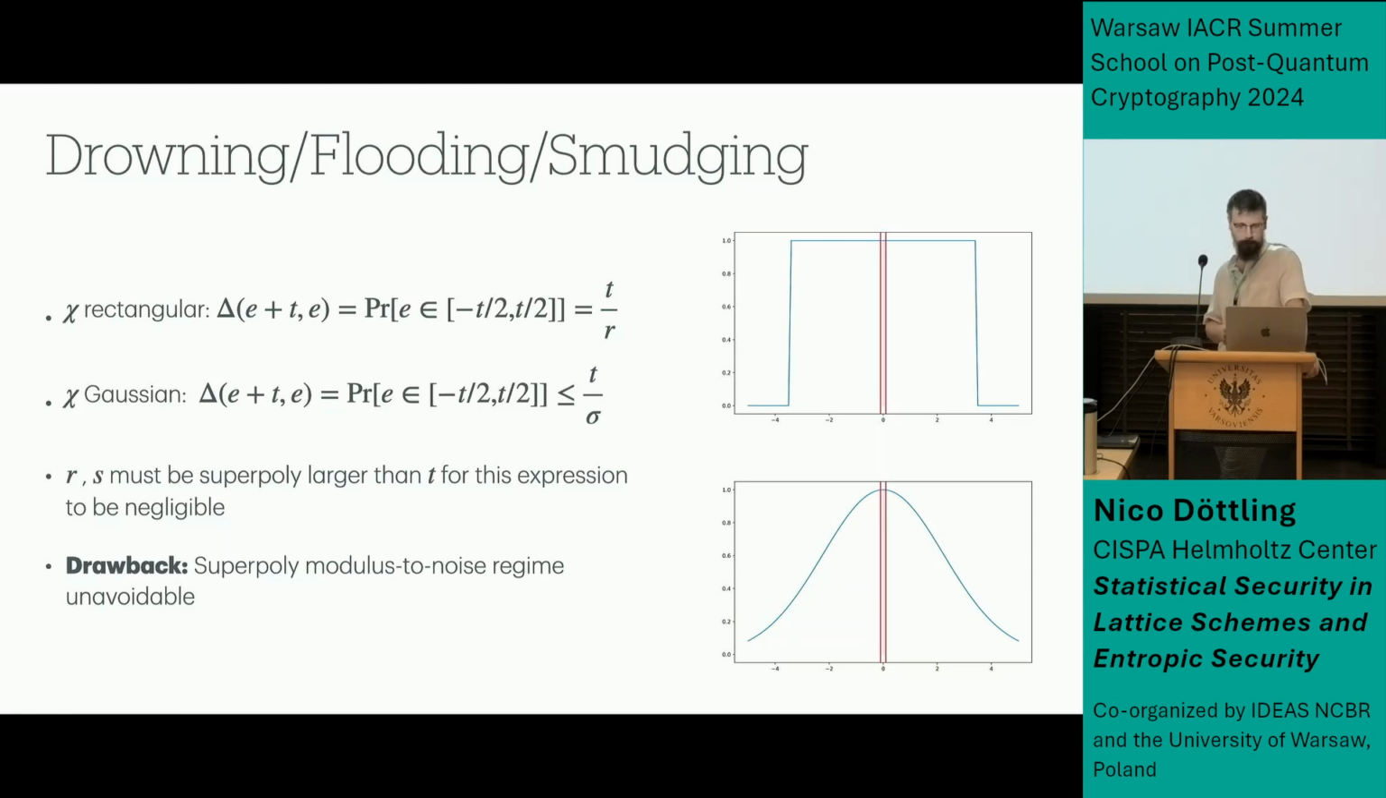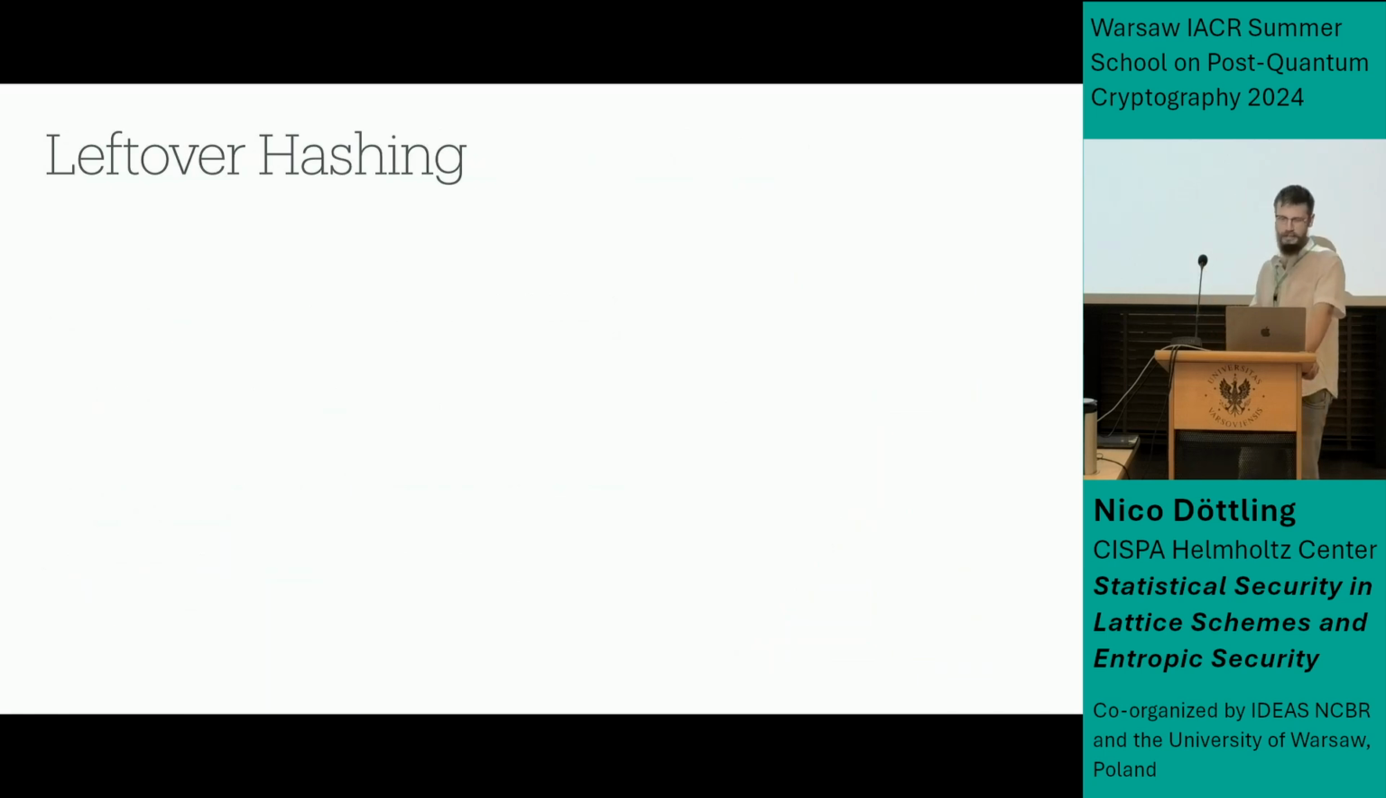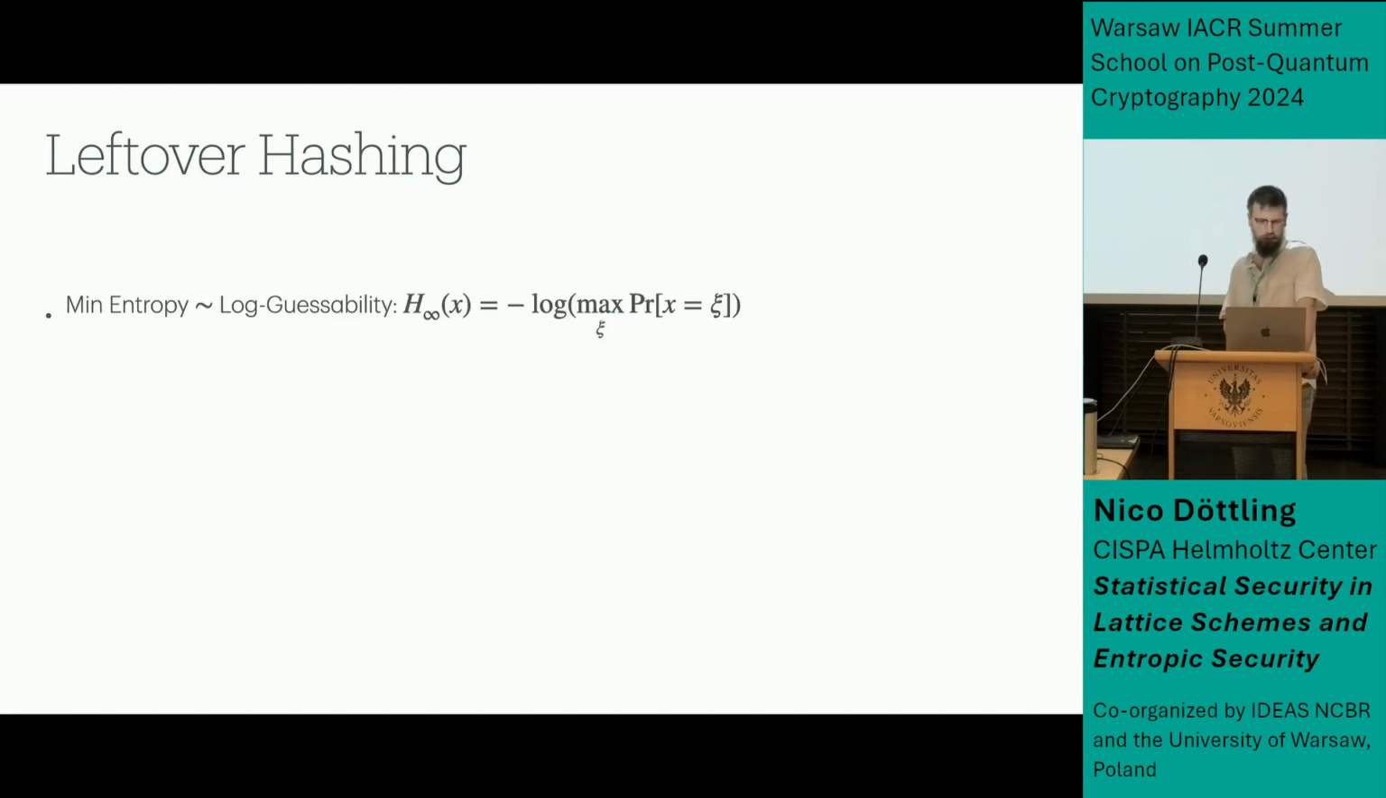Okay, and I will very quickly talk about leftover hashing. We've also heard that before, I think both from Daniele and from Shweta. So quickly, the min entropy of a distribution is essentially just the log guessability. So you're taking your distribution and look at